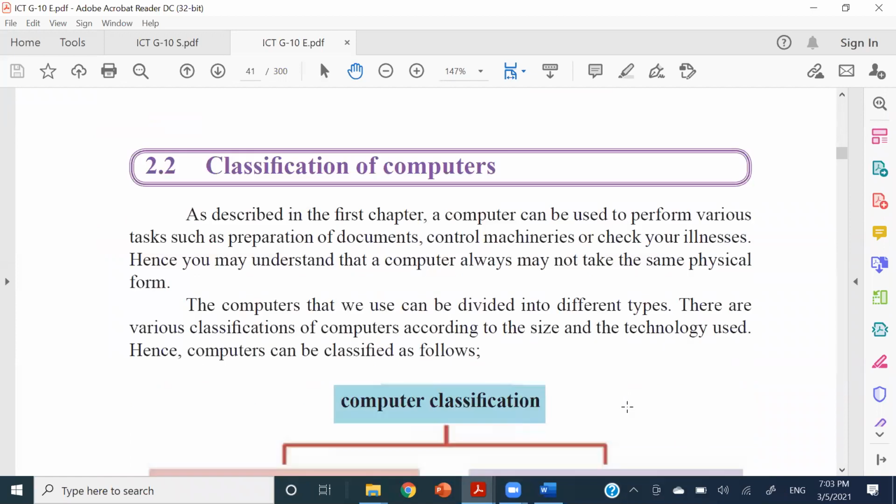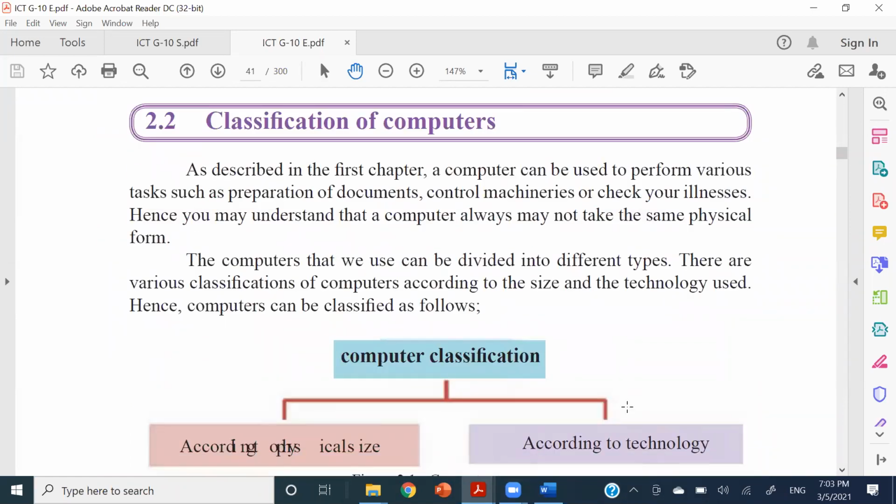Right, so now we are going to talk about how to classify the computers. Now, when it comes to the classification, it's not just the types of computer that we see. If I ask you what are the types of computers that you know, you will say laptops, desktops, tablets, smartphones, those kind of things. Those are types that we know. But the classification sees a much broader picture.